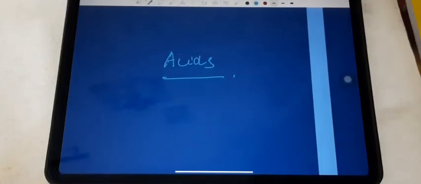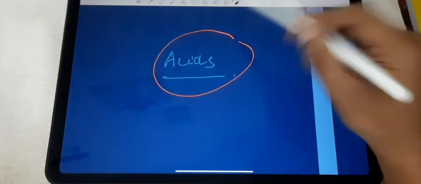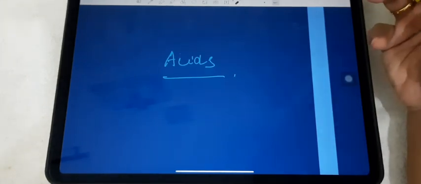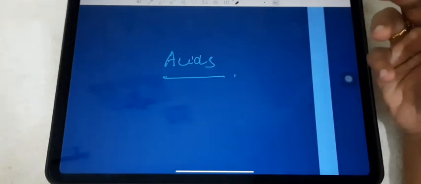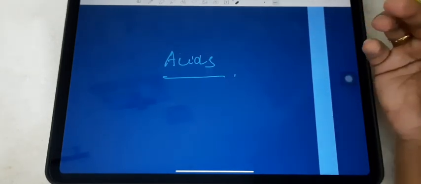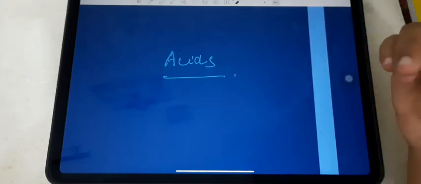Hi children, today we can start the new chapter, acids, bases and their salts. As the name indicates, we can start with acids. You may have heard the term acids. Many of our food items contain acids. They are said to be edible acids. Before going to the edible acids section, we can discuss what is meant by acids.